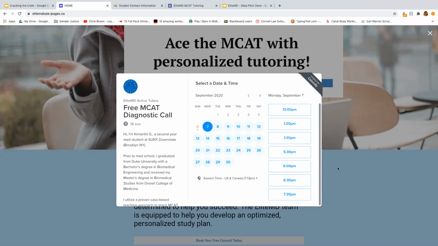All right, sounds good. I will go on there right now and do it. Awesome. And do you have an exam coming up? I actually don't know yet. I'm planning on doing it sometime in January or February, but I have been studying CARS for the past 2 months and I still don't see improvement. So I'm really trying to know how to read better.